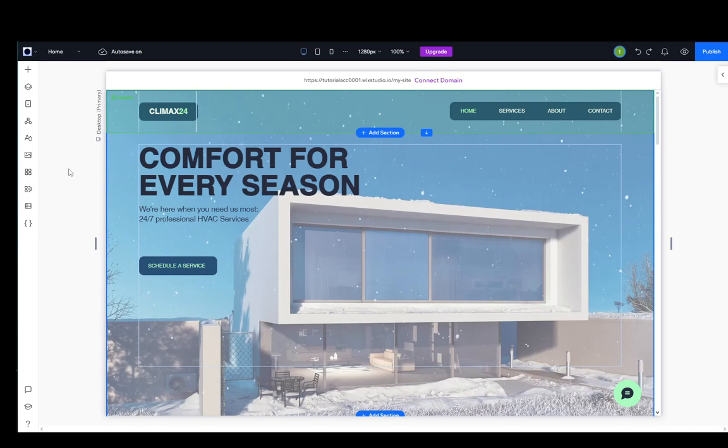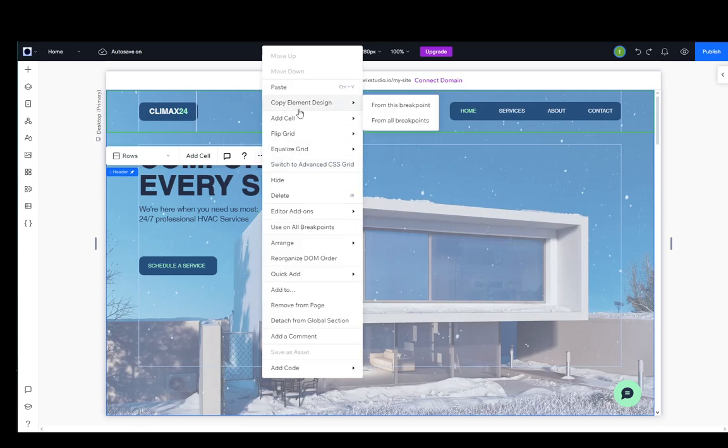Now, as you can see, I am in the editor for one of my sites, and I currently have one of my sections highlighted. I'll just unhighlight it for a second just to show you guys. So as you can see, if I mouse over it, it is highlighted, and I'm going to click on it, and I get this menu right here. Now what you're going to want to do is click on the ellipses or these three dots, and you'll get this menu. And as you can see, somewhere in the middle, right under switch to advanced CSS grid, you will